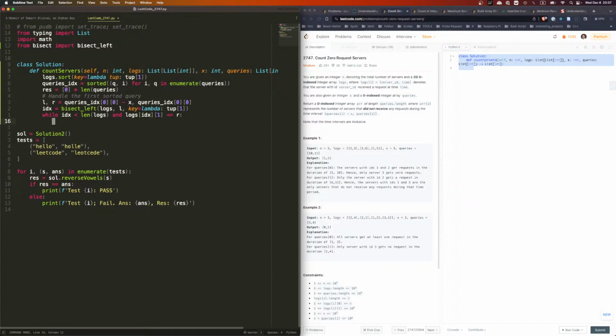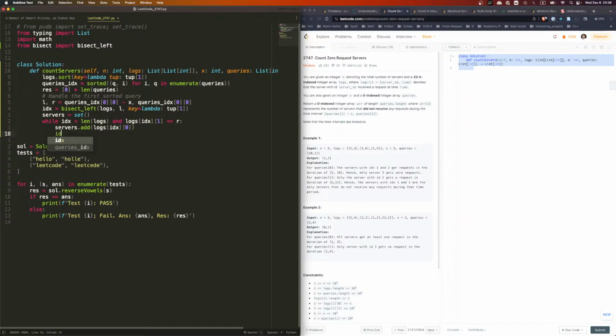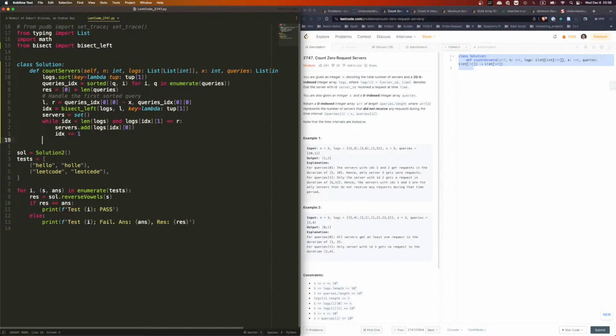So we need a set. Servers is going to be a set, and we say servers.add logs index 0. Then index plus equal 1. They keep going, keep going, and once it gets out,